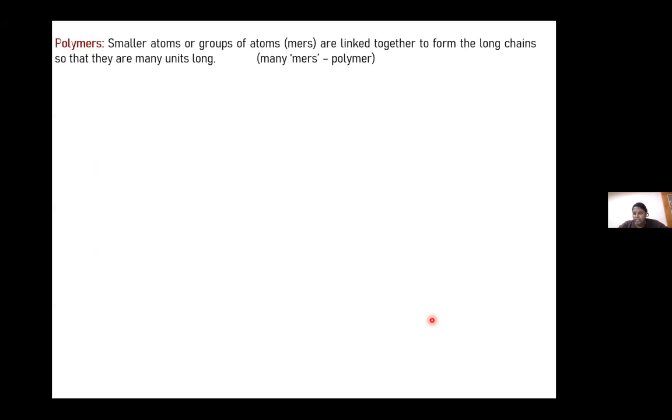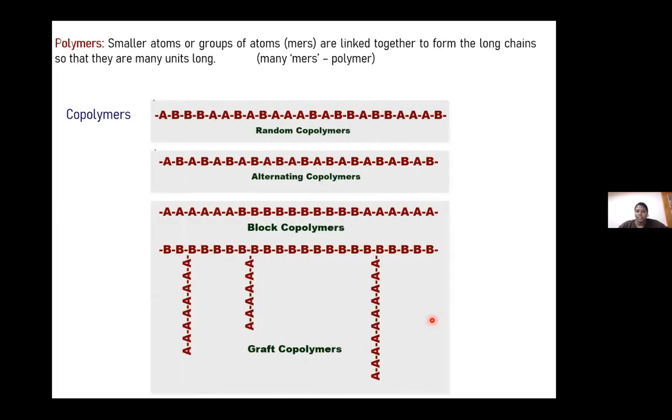So I think most of us know what polymers are. They are long chains which have small repeating units, and those repeating units are called monomers. So many monomers form these polymers. If you have only one kind of monomer, then we call it a homopolymer. And when you add another monomer to it, we call it a copolymer. When you have a random distribution of two kinds of monomers, A and B, then we call it a random copolymer. And if you have an alternating arrangement of A and B monomers, we call them alternating copolymers.